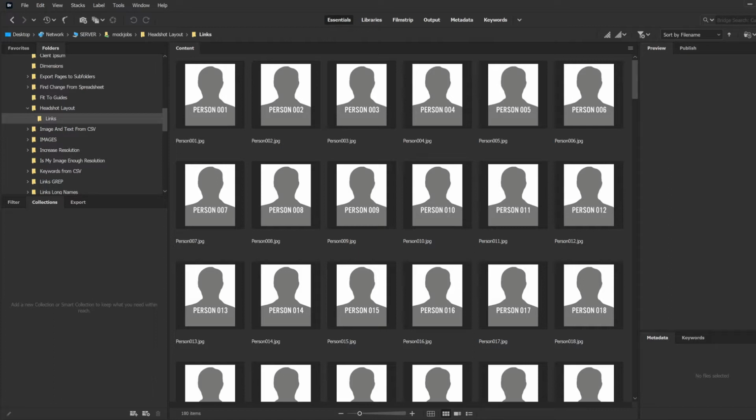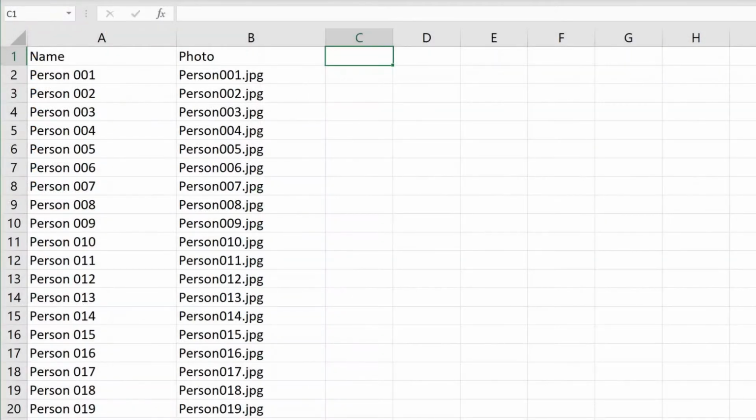Houses, cars, apparel, anything. Next, we need the text that goes with each image, and a way to match up the two. Do that in a spreadsheet. Again, my example is basic to show the result is correct when done. In actual use, both columns would be a variety of text and file names. The text in each row goes with the file name in the same row. Each column needs a header to choose in the script interface. For this example, I have name and photo.